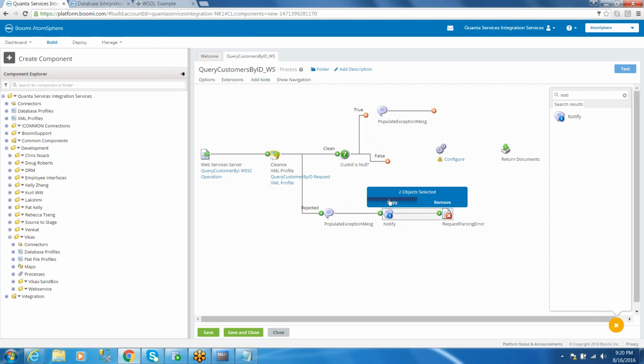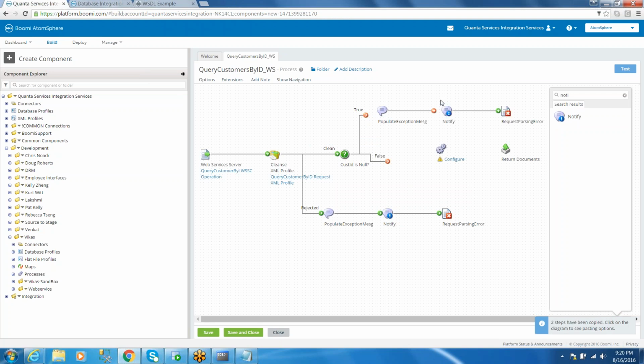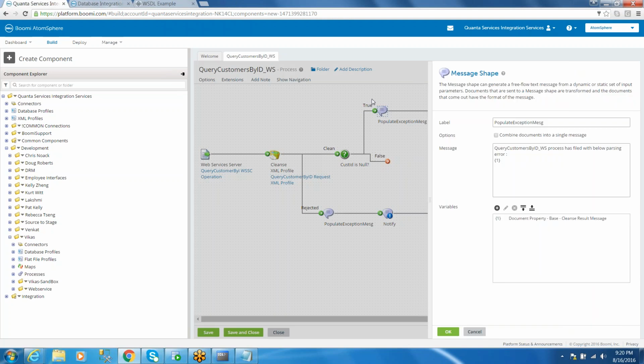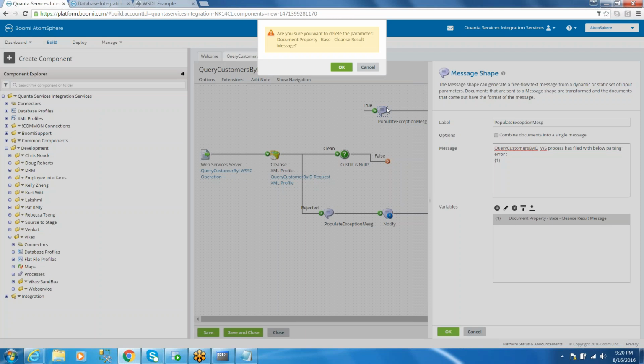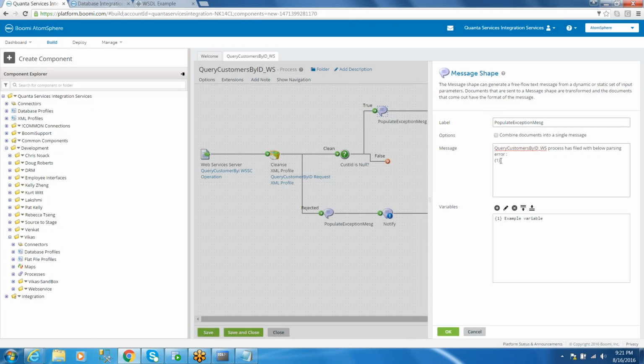Because if I don't put a notify, what happens? Whatever the data was coming, it will not show in the log file. Got it. In this case, we don't need to put it because the customer ID itself is null, right? So we can just mention a hard-coded error message saying that